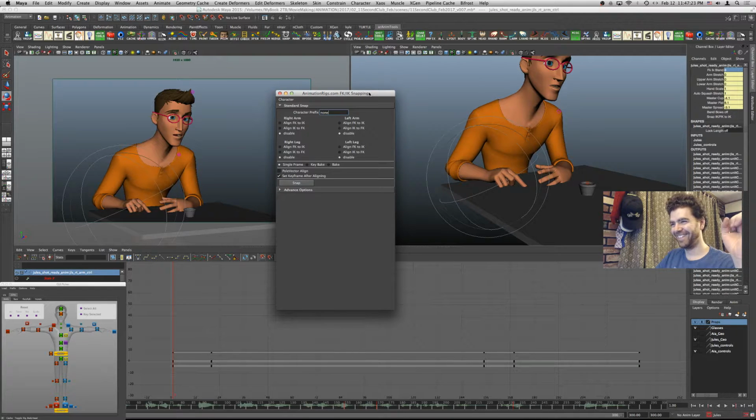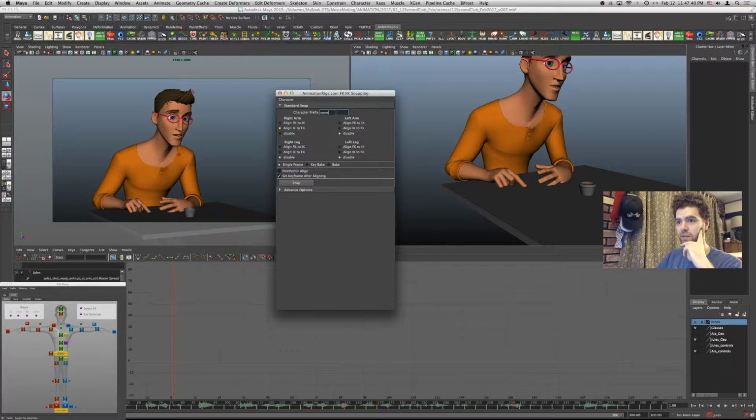All right. So I guess this is his right arm. And I want to align the IK to the FK. Let's see if I hit snap, what happens. Nothing.